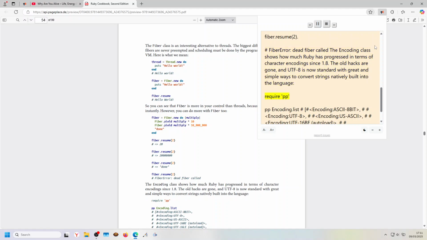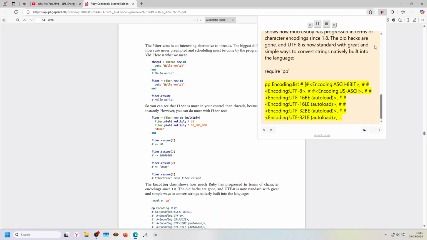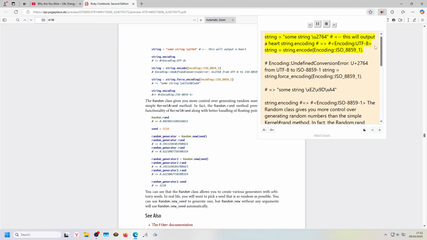require 'pp'; pp Encoding.list # [#<Encoding:ASCII-8BIT>, #<Encoding:UTF-8>, #<Encoding:US-ASCII>, #<Encoding:UTF-16BE (autoload)>, #<Encoding:UTF-16LE (autoload)>, #<Encoding:UTF-32BE (autoload)>, #<Encoding:UTF-32LE (autoload)>,